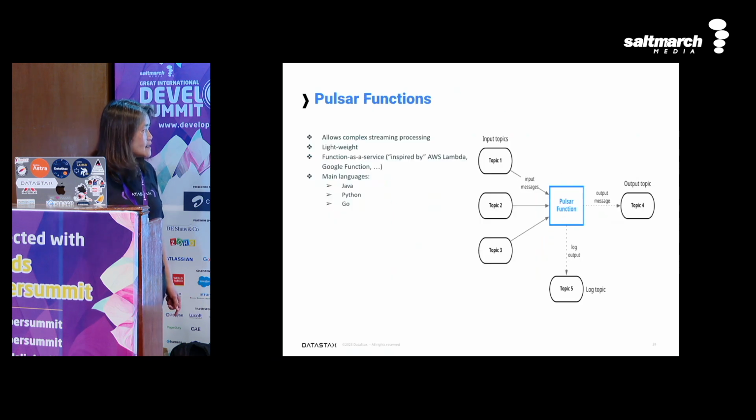So in terms of Pulsar, we have Pulsar Functions. As I mentioned earlier, this is a feature of Pulsar. It allows you to do complex stream processing. But writing the code is relatively lightweight, because all you need to do is implement the Pulsar function. It works like AWS Lambda or Google Cloud Functions, that type of concept. You don't need to use any external library or write your own functions to deal with that. You can have your functions written and deployed. Right now it only supports Java, Python, and Go, but as it's open source, there will be more language support eventually too.